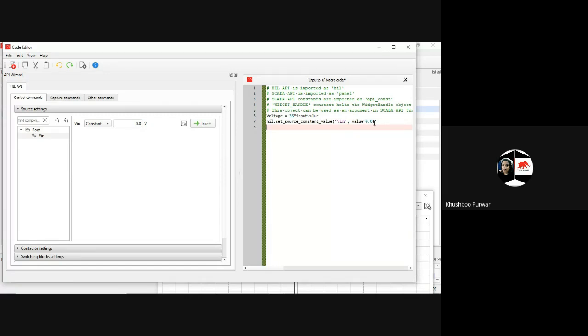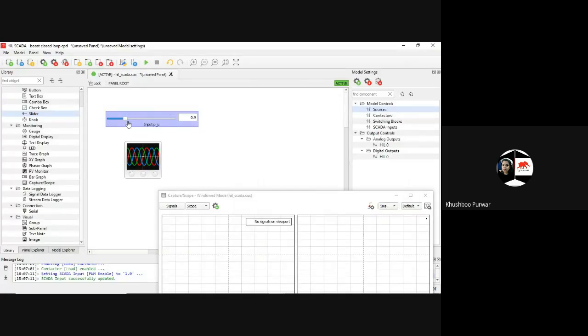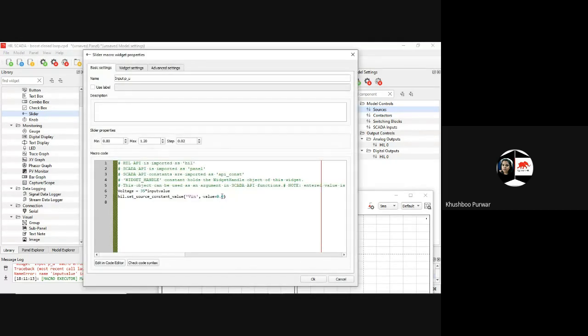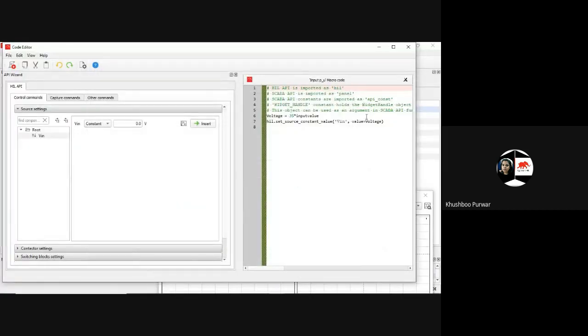This will be value equals to 0.00. Save it. So whatever the value it is, it will show. Okay, make it here as voltage. Save it.